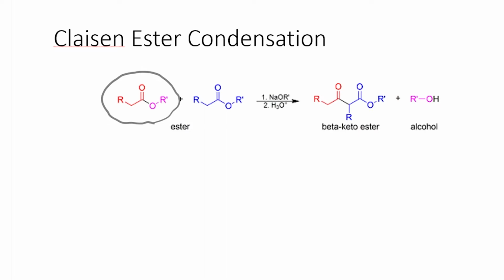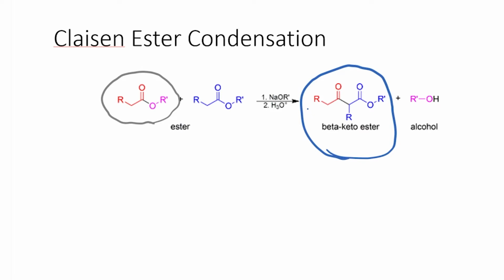So again, just to remind you, this is a keto ester. And this is something that we have looked at during, for example, acetoacetic ester or malonic ester. Malonic esters are derivatives which are similar to this, and they're very useful intermediates in organic reactions. And of course, the byproduct is the alcohol. Now, again, the name of this reaction is Claisen ester condensation. But if you're given these reagents, that is this ester, and given the product, we should be able to reason out the mechanism.